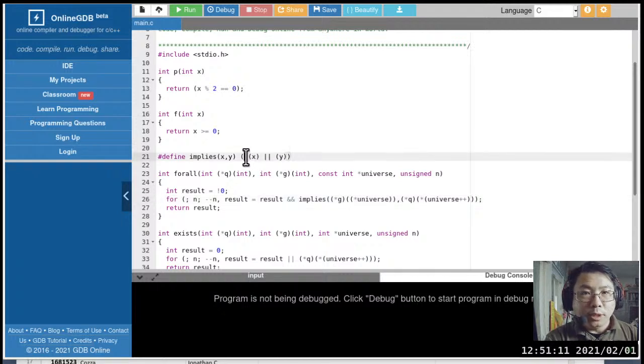So the problem is this is an OR operation. It has got the left hand side, it has got the right hand side. Logical OR is guaranteed short-circuited in C, C++, Java, and most programming languages. It is also guaranteed as a result to evaluate from left to right. So x is going to be evaluated first, but if not x is true, which means if x is false, then it will not evaluate y.